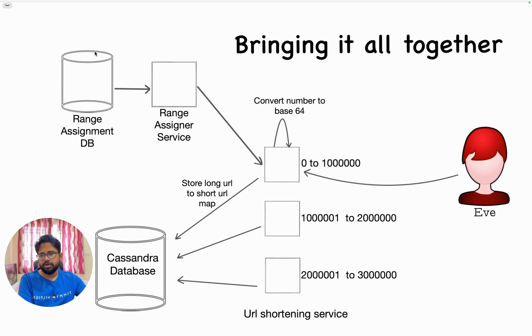It's not much. If you see the design, the range assigner service, or this database, this can be any database you want to, even the most basic database will do the job for you. This Cassandra is also very easy to set up. And these are the services. You can keep on launching those services and access the database. So if needed, I'll definitely love to create a video on the designing and coding of this whole system.